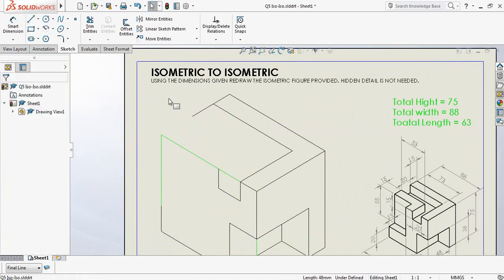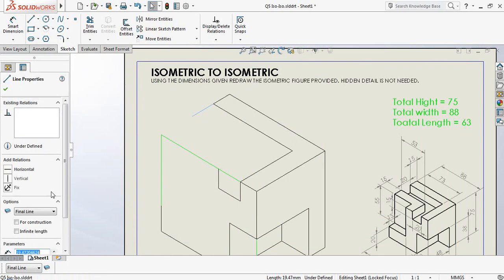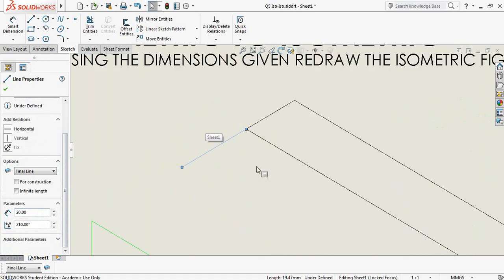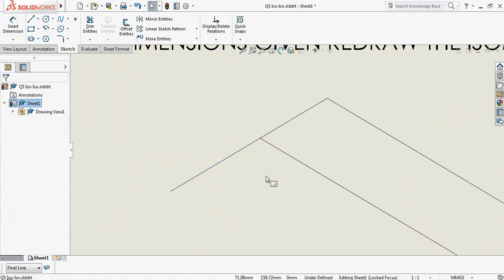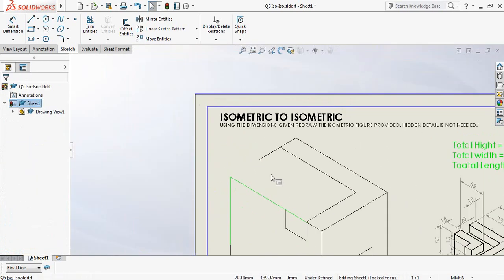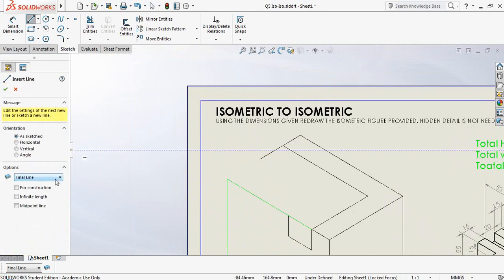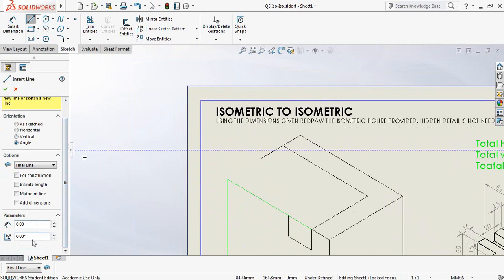Let's take that away so we can accurately get to this line length. That is obviously 20. Let's make sure that these lines are intact. Yes, they are. So we have accurate lengths, and we also want to have angled or isometric lines from there